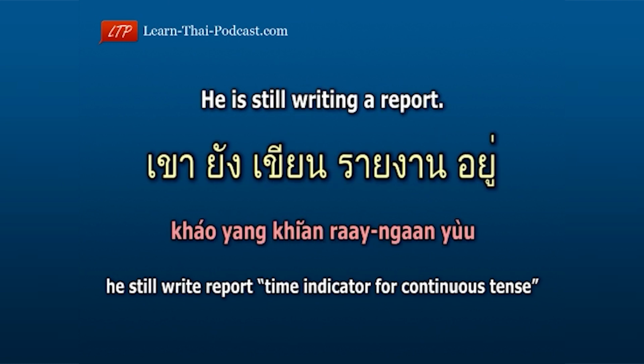Another example. He is still writing a report. เขายังเขียนรายงานอยู่. He เขา, still ยัง, write เขียน, report รายงาน, time indicator for continuous tense อยู่. He still write report. Time indicator for continuous tense. เขายังเขียนรายงานอยู่